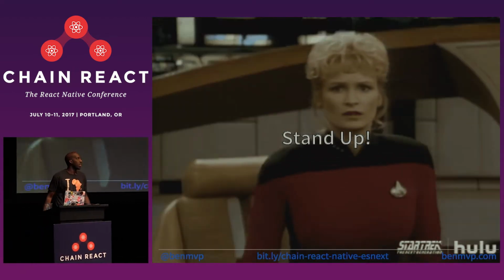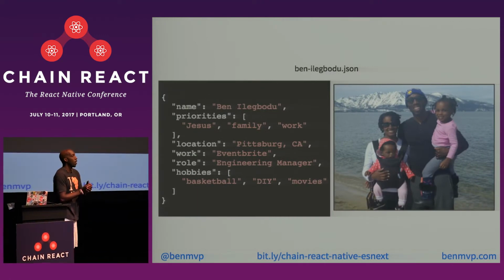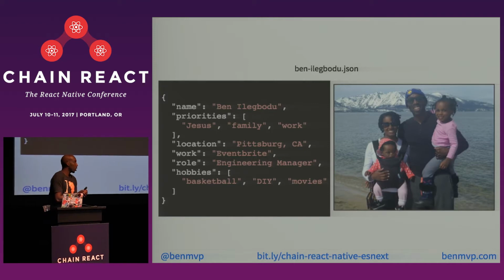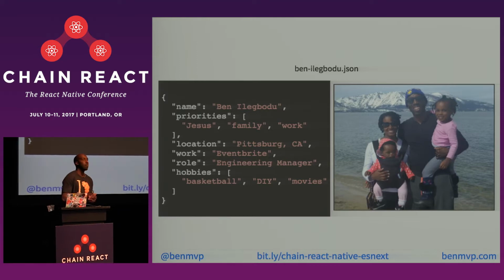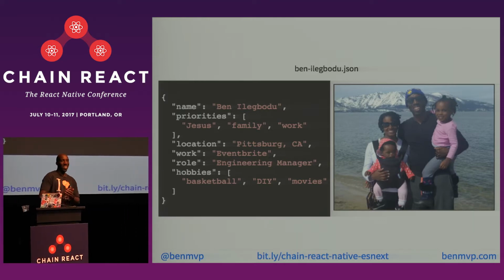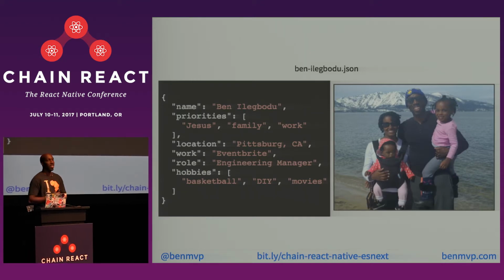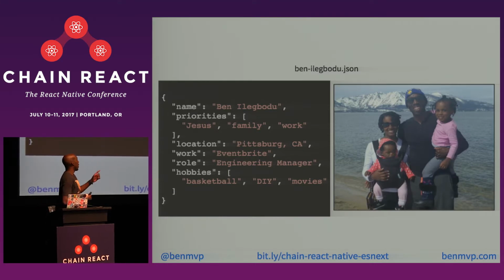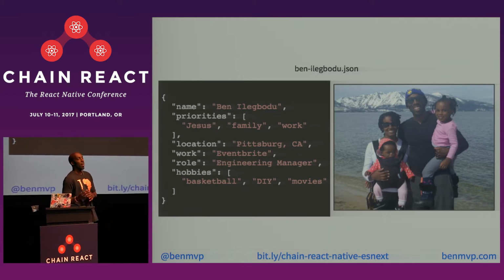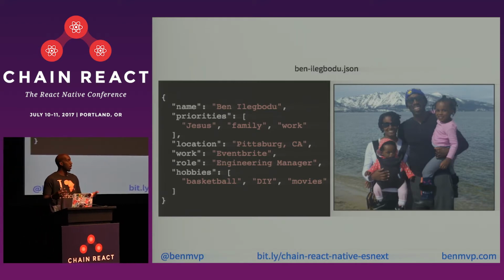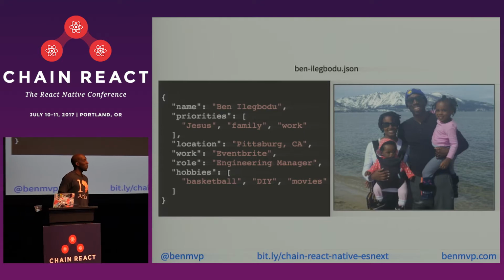Great. Excellent. Now that you've all met each other, I wanted to introduce myself once formally. Like I said, my name is Ben Ilegbodu. I'm a Christian, a husband, and a father. This is my wife, Rashida. We'll be married 7 years in September. We have 2 daughters, Simone and Avery. Simone is on the right, she's almost 3.5 years old, and Avery on the left is about 10 months old. We live in a town about an hour outside of San Francisco called Pittsburg, California, not Pittsburgh, Pennsylvania. There's no H at the end. It just ends with the G.